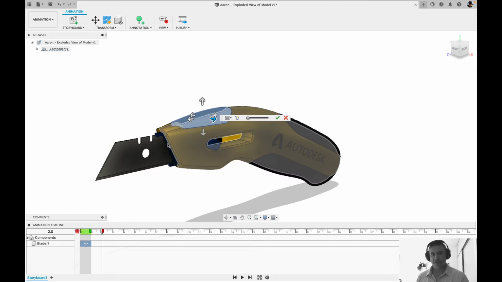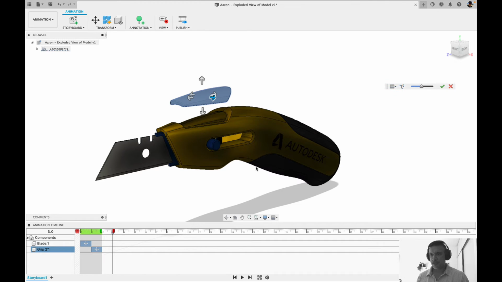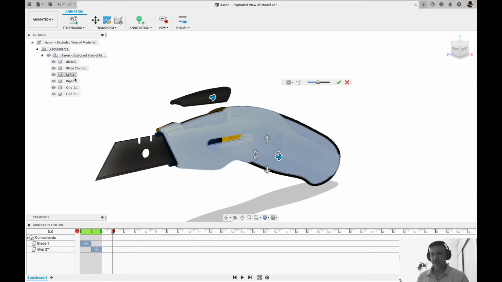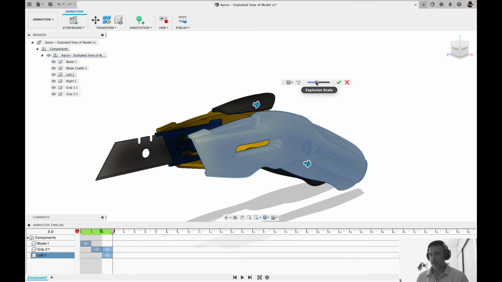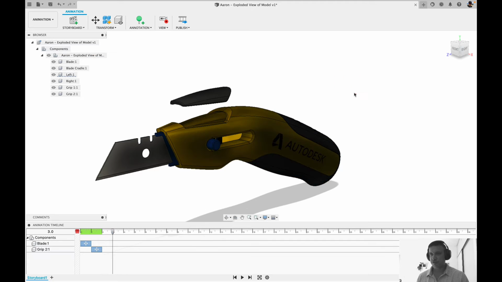So now I'm going to click the top grip and move that up vertically using the explosion scale slider. Click OK. Drag up again. This time I'll take the left body, or the left part of the grip. You can confirm the components by using the browser, and this is the left. You see it's underlined. I'm going to bring it out to the side here as suggested. You notice that both of these are moving out. I only want to move one out, so I'll cancel that, sorry, and